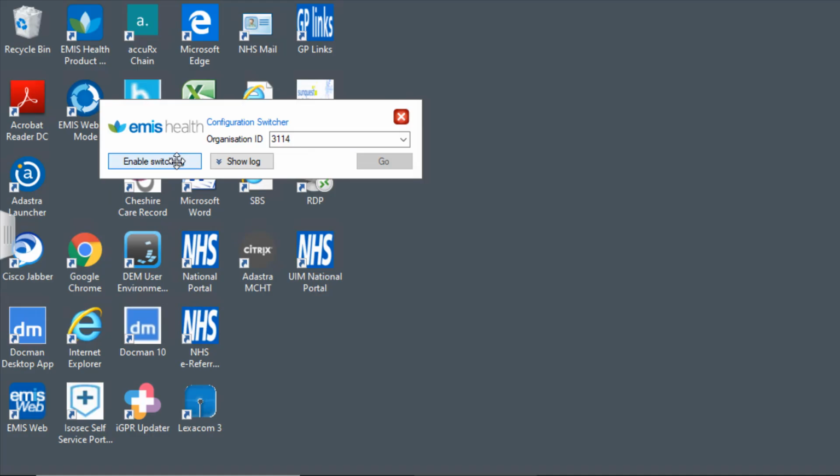By clicking Enable Switching, the Configuration Switcher will become active for the PC which you are logged onto, and an icon will be displayed on your desktop. Repeat these steps to enable the Configuration Switcher for each PC as required. In order to switch to different EMIS Web organisations, select the Configuration Switcher icon from either the desktop or the